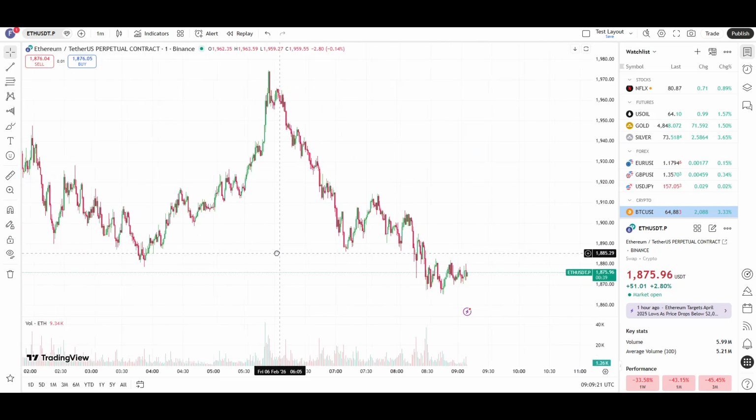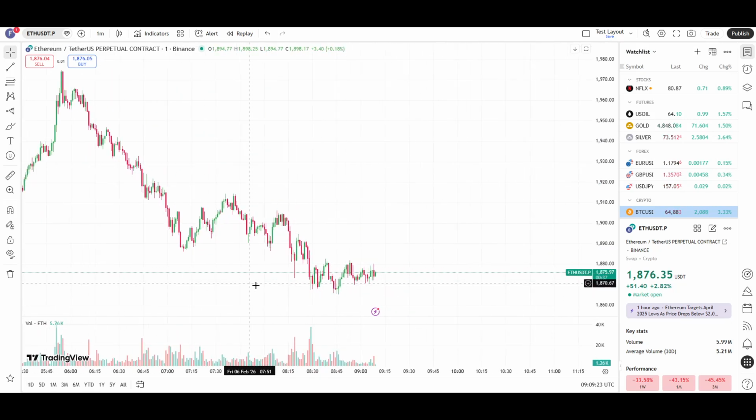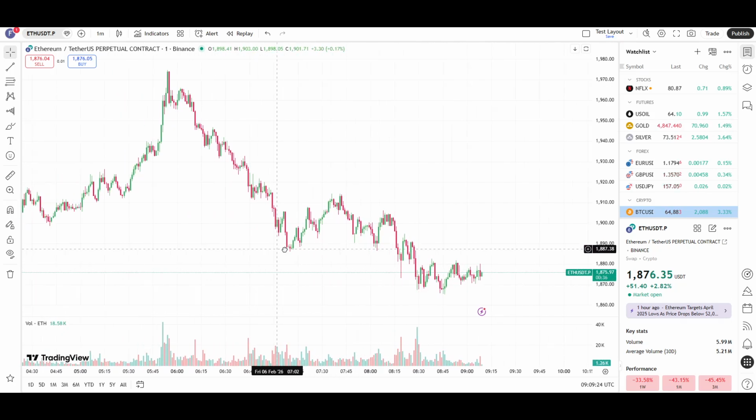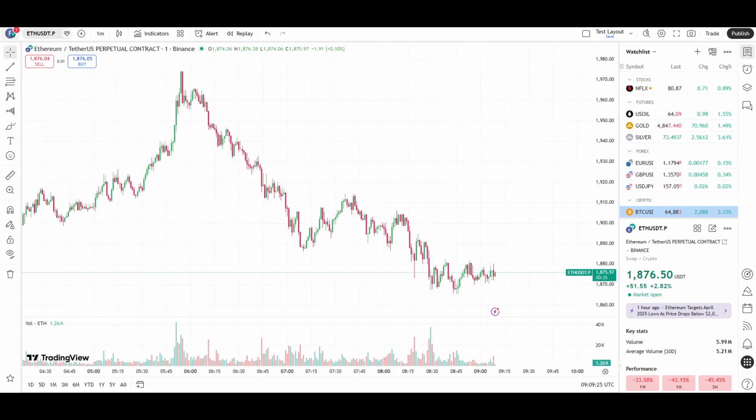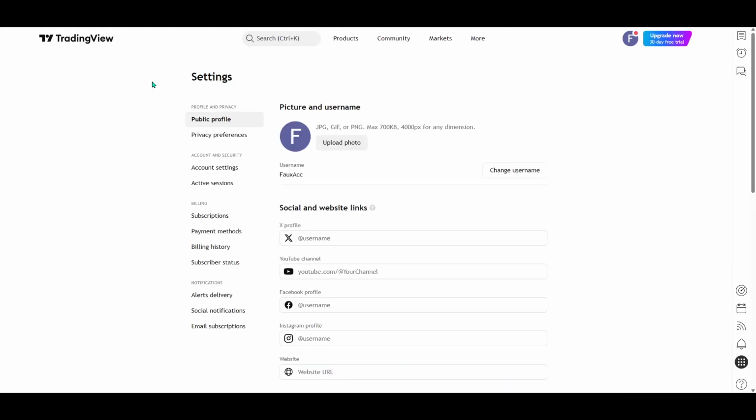Start by moving to the top left corner of the page where your profile is visible. Click your profile, then hover your cursor over your profile name. From the small menu that appears, choose Settings and Billing. This opens the central hub for everything related to your account and payments, which is where TradingView places sensitive controls